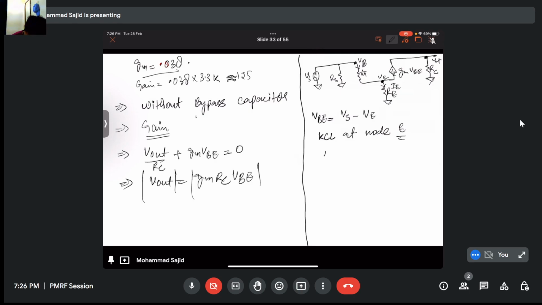So I will get GM VBE plus IB is equal to IE, right? What I'm looking for is,